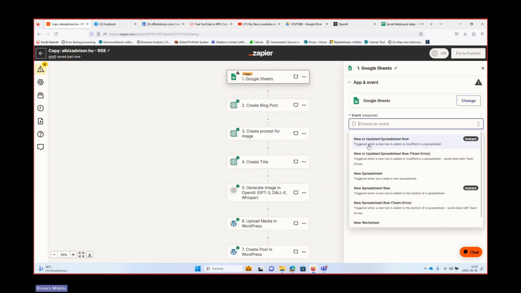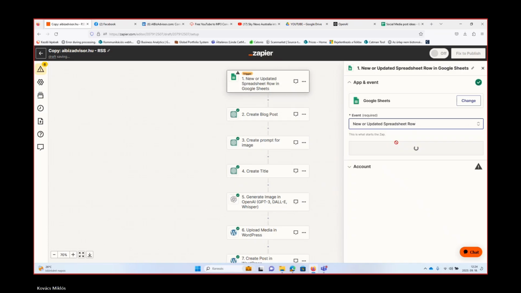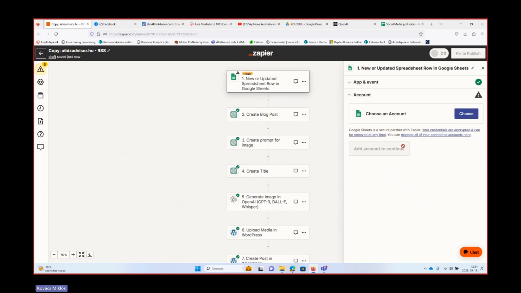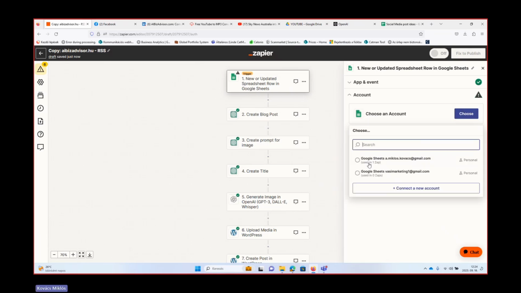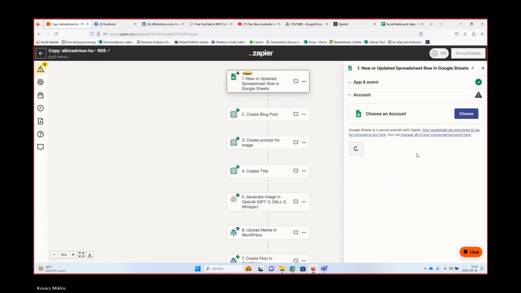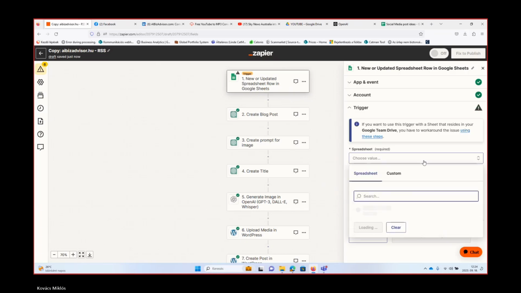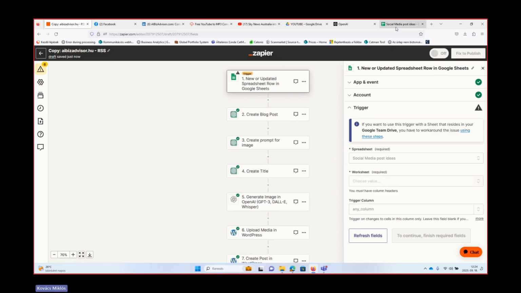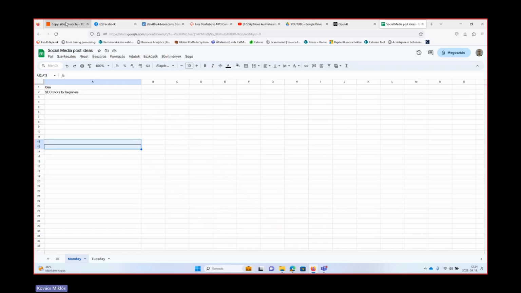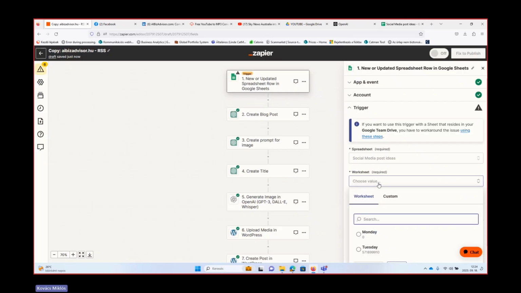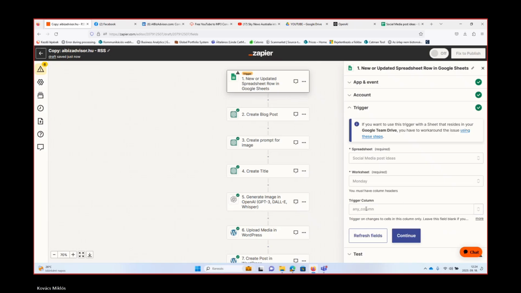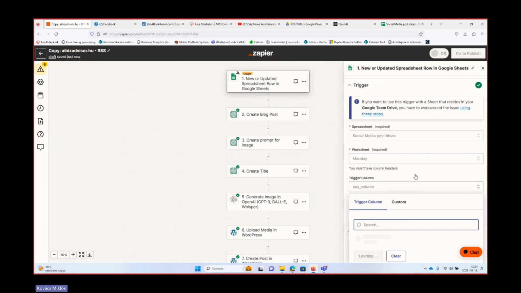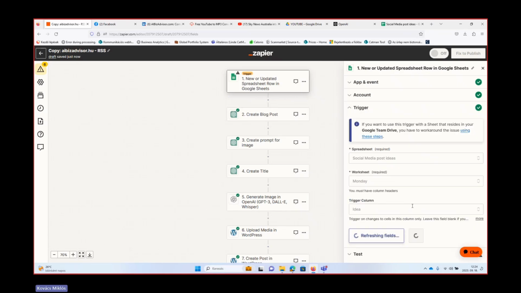Then I'm going to use the first event, new or updated spreadsheet row. I will choose my account. My spreadsheet will be the social media post ideas, which I used earlier, this one, right? The worksheet is Monday. Triggering column will probably be the idea, yeah.